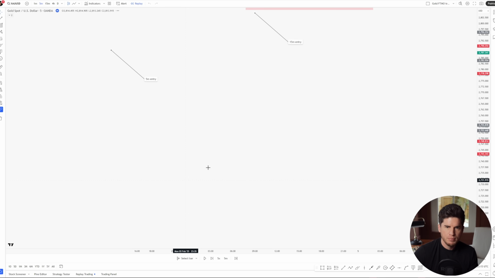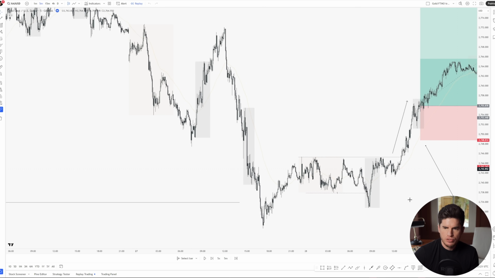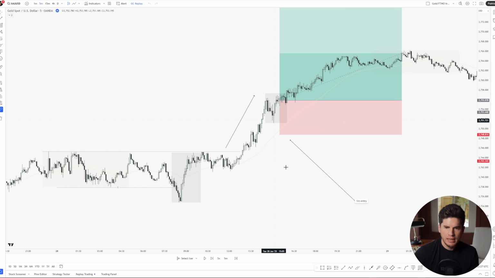If we go down to the 5-minute, we also on the 5-minute do not have any liquidity other than this low in here. So I am anticipating that price is not going to come back to take liquidity into there, although of course I'm not always right, no one ever is, and price could have easily done that, but I'm willing to take the risk. We had that volatility injection between London and New York, and I'm expecting it to continue.